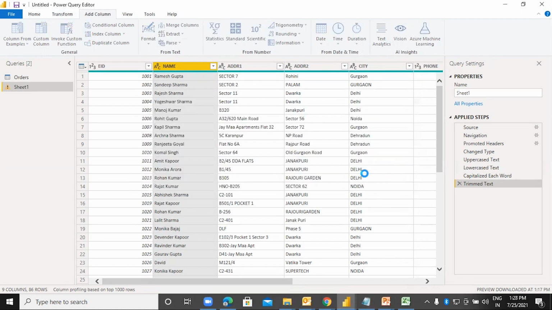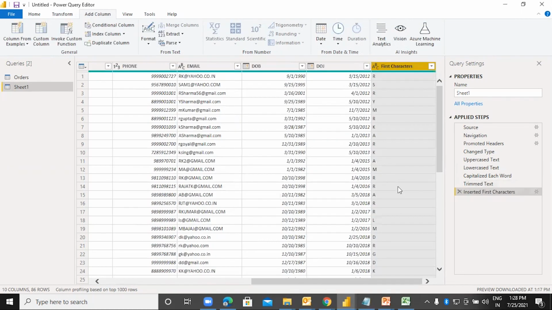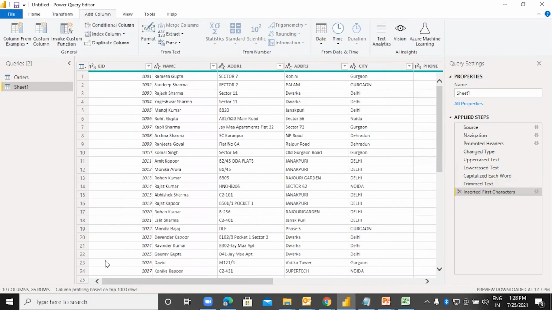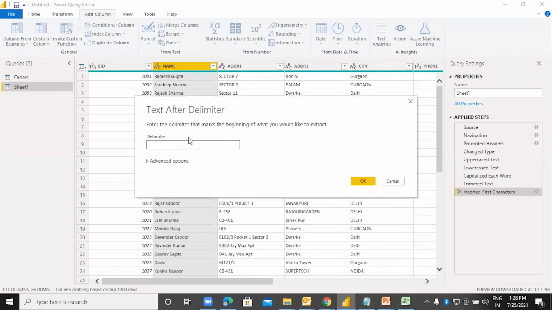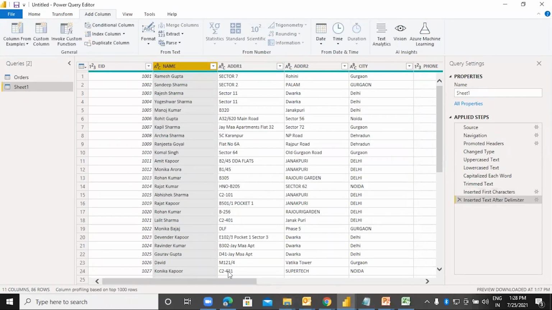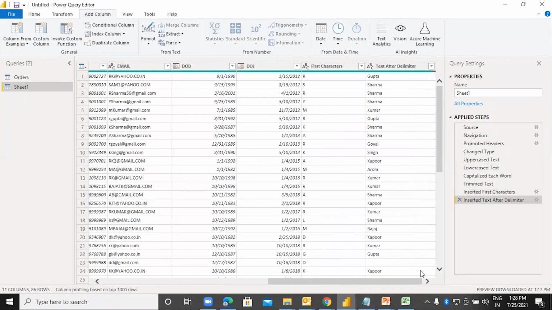Say okay. I'm getting the first character over here, and let me take the name, and I will say extract text after delimiter. And what is the delimiter? Space. Say okay. So you will see I am getting the first character and the last name.